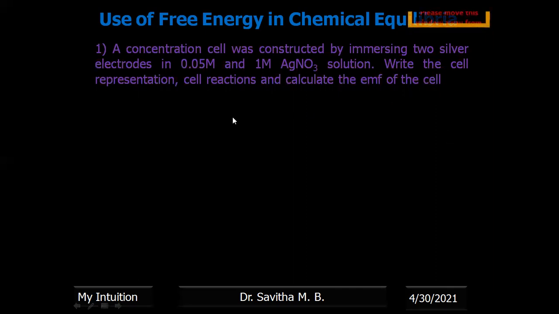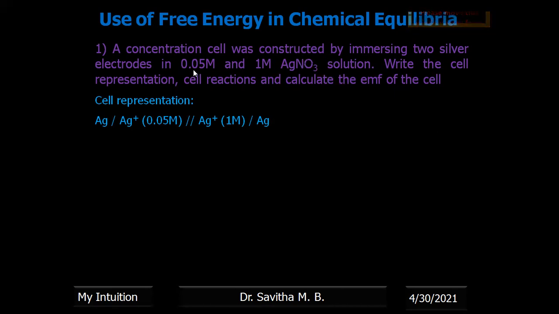As you know the Nernst equation, the cell representation will be as follows. There is a silver electrode, so the metal chosen as electrode is silver. In the two compartments, the anode and the cathode, the same electrolyte, silver nitrate, is taken, but their concentrations are different: 0.05 molar and 1 molar. As we have discussed, the half cell where the metal ion concentration is higher will be the cathode compartment, and the lower will be the anode compartment. In the cell representation, the first part is always the anode.